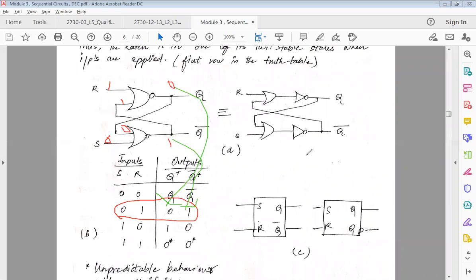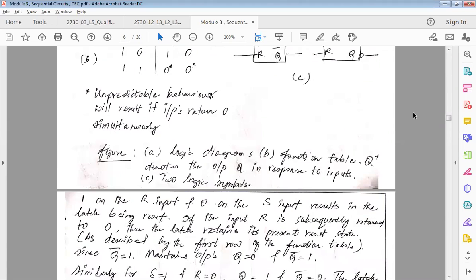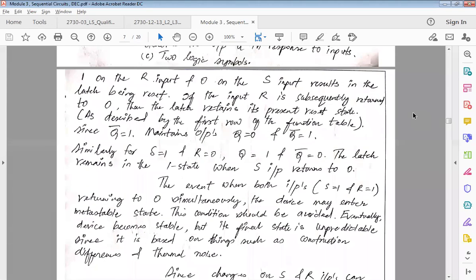Similarly, you will have to put these inputs accordingly towards your gate and try to understand what your outputs are. By this we summarize that your SR flip-flop, whenever it has 1, 0, Q is going to be 1 and Q bar is going to be 0. When it is 0, 1, it's going to be 0, 1. And when both are high, it's going to be unpredictable, which means it's going to be in a toggle state. I think we will stop here with our discussion of